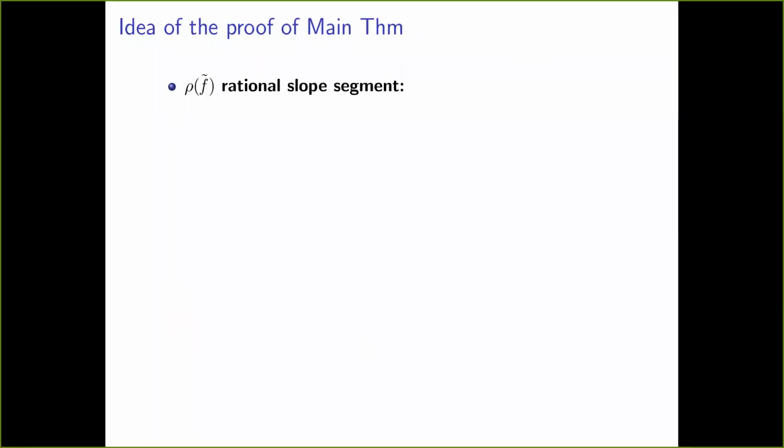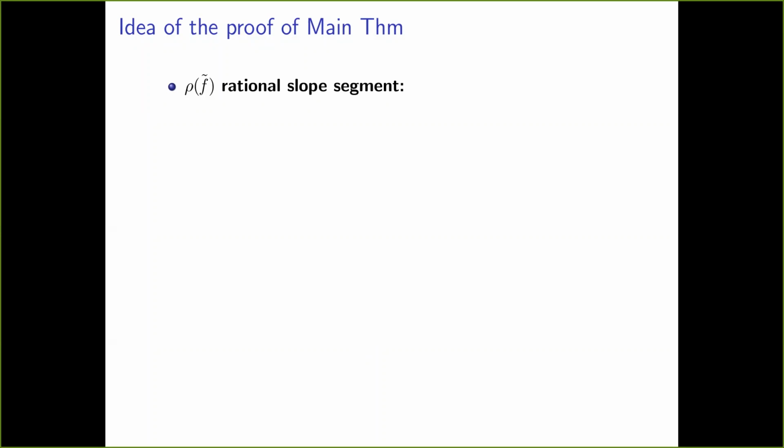So in order to finish this talk, let me explain how you can use these pseudofoliations to prove the main result of the paper, of the talk I wanted to